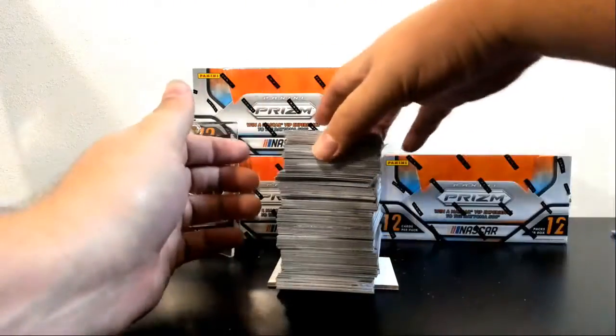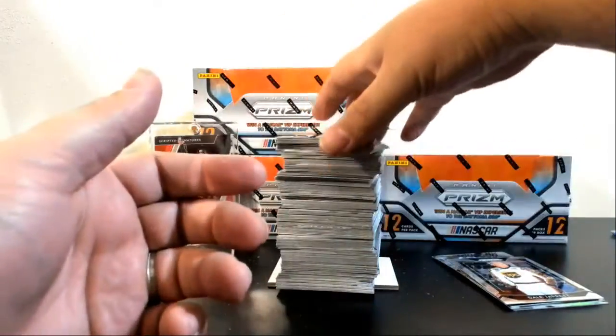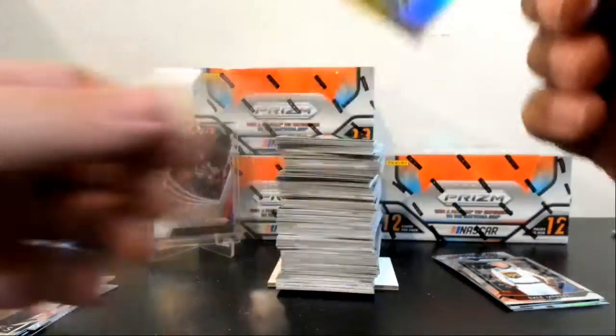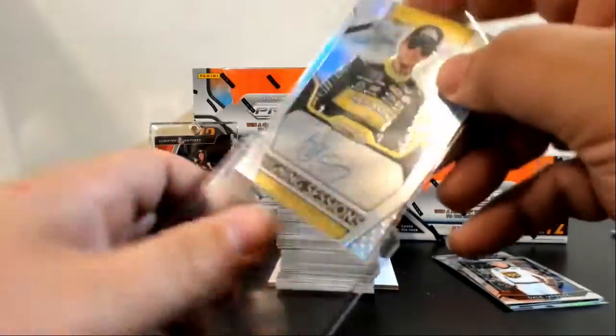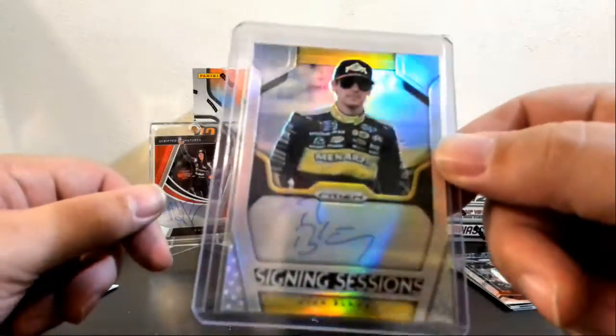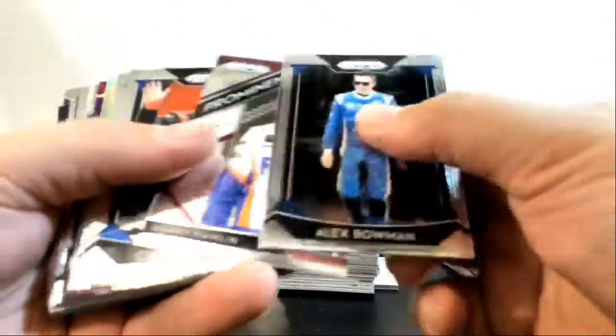All right, number 3. Jimmy. And our top auto right here, Ryan Blaney. Yeah, no numbers for Ryan. We got Stewart refractor. Denny Hamlin Jr. Denny Hamlin, Alex Bowman, purple, Danica,